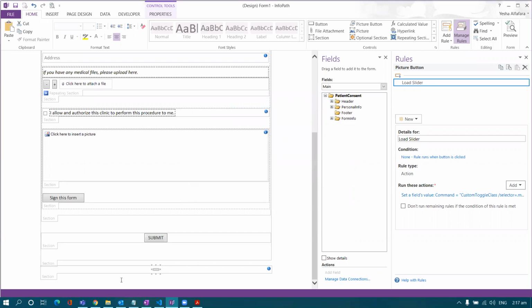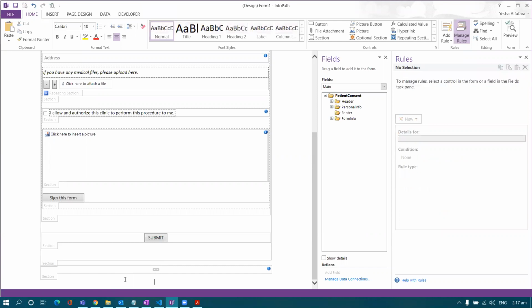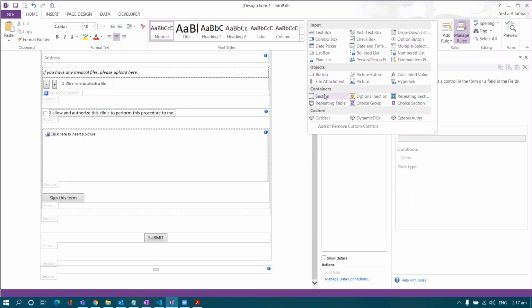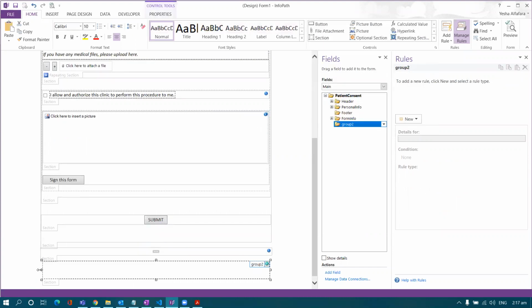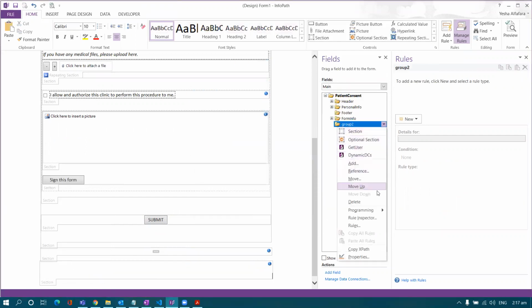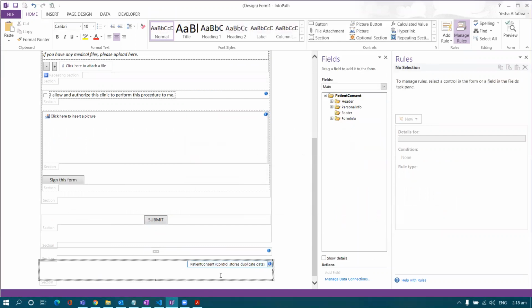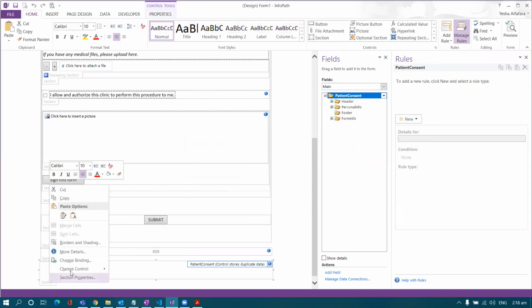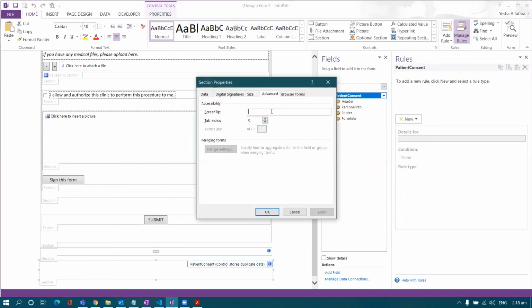So now that we have added that section, we are going to add a new section for the content of our debug slider. To do that, again, we're going to add a new section here and change the binding, and we're going to delete this new section. And for this new section, we are going to add a screen tip called my debug. Click apply,